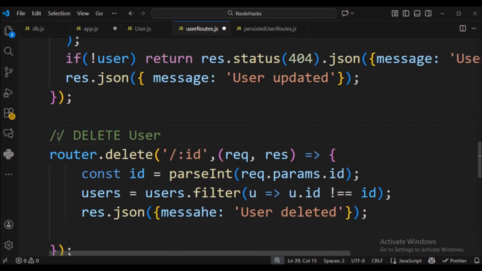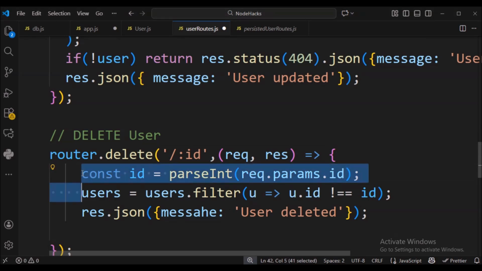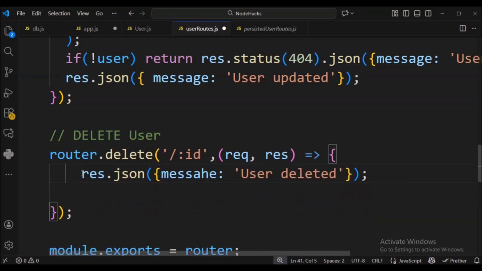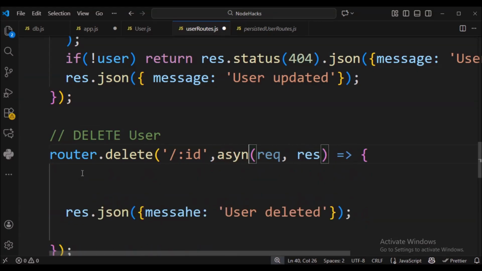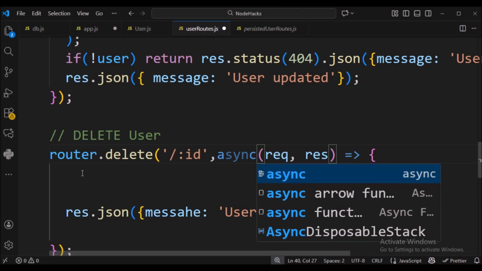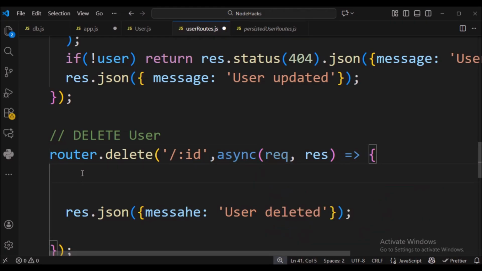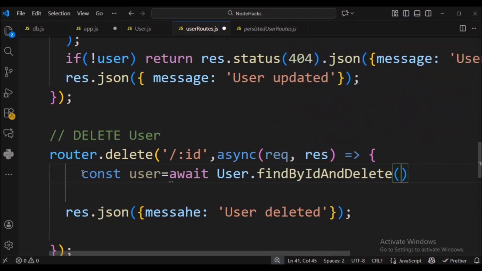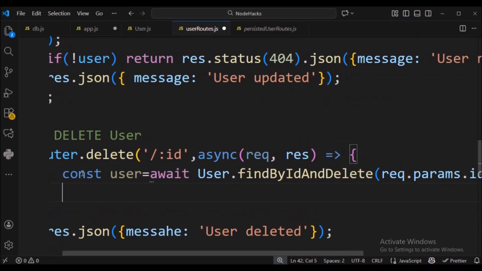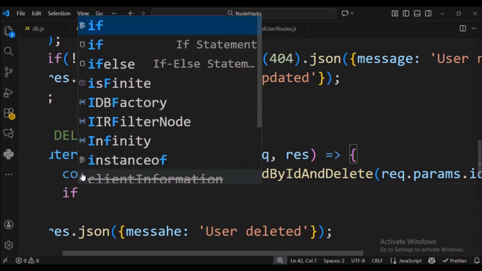Viewers, the last one is the delete user route, which is the simplest one. Just remove the existing logic from the route and apply the async capabilities in the function. Then just use User.findByIdAndDelete with the desired ID as input, and it will directly delete the user from MongoDB.